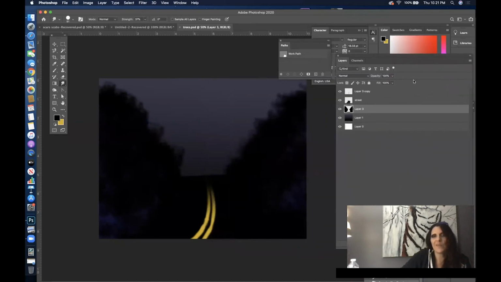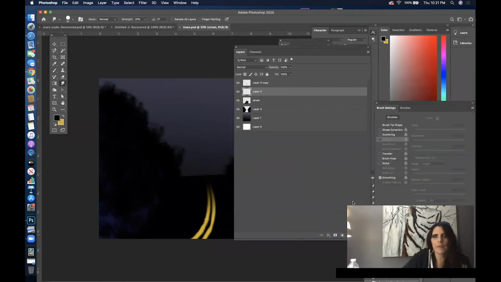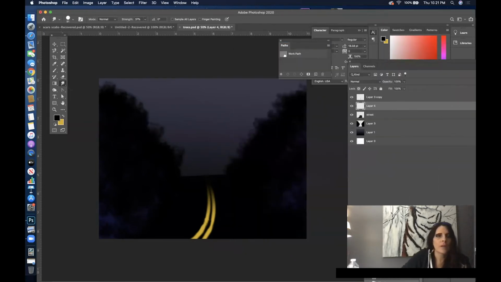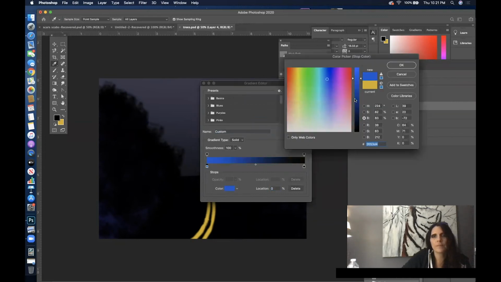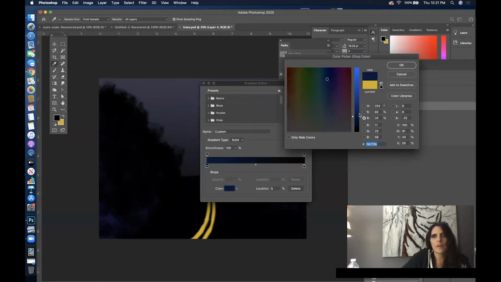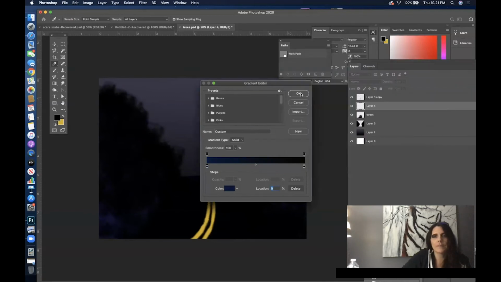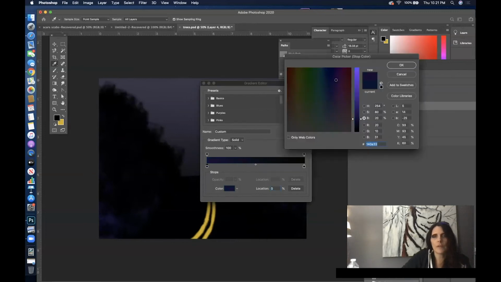And on the road, I could do the same thing too. I could do a dark to a light. So let me do that on the road real quick. Right above the road, I'm gonna make another layer. I'm gonna put a gray tone on it. Gradient. More of a bluer. Okay. No, I could do red, or more reddish actually, because the reddish will be a nice tone to set